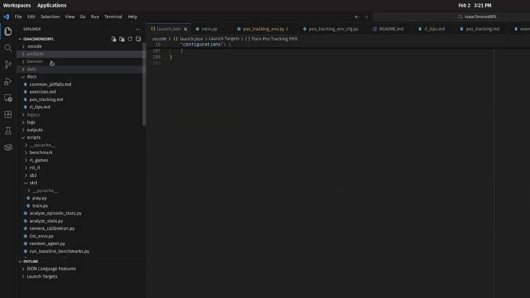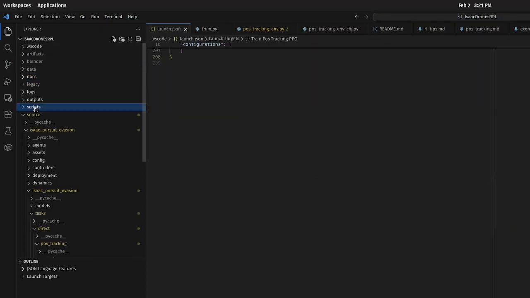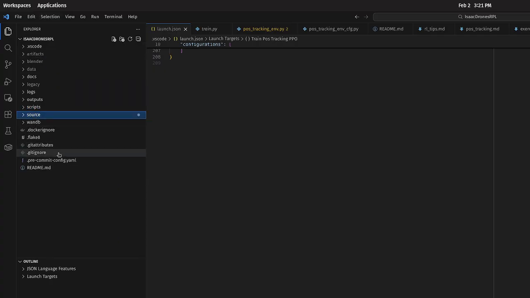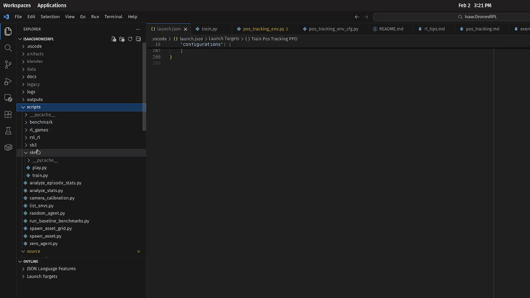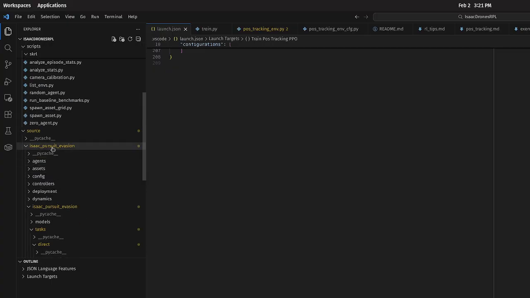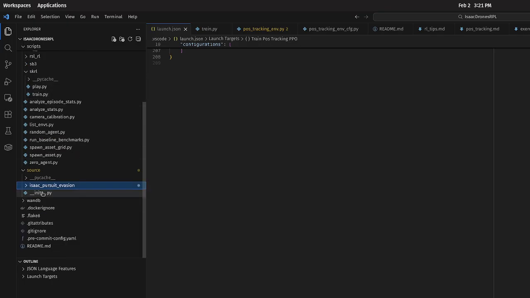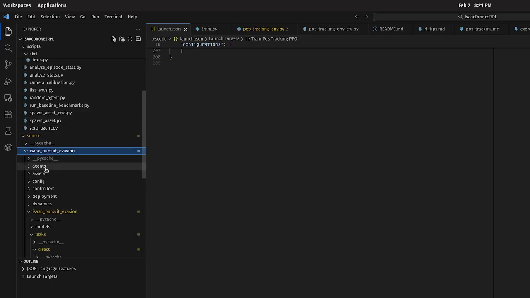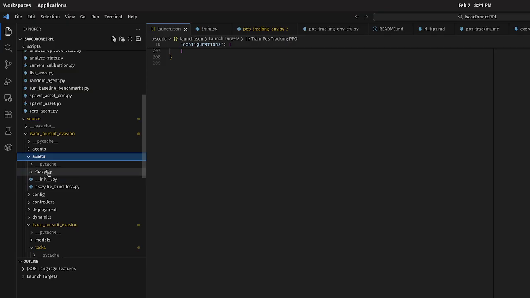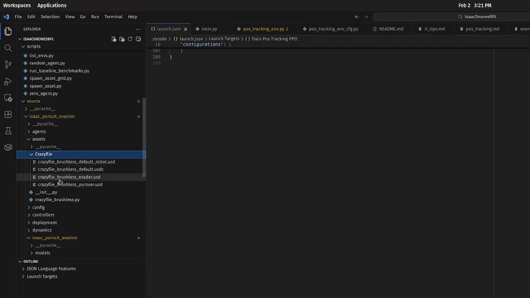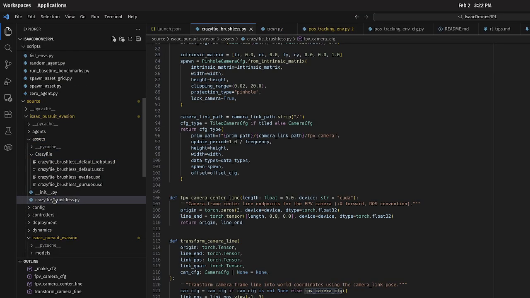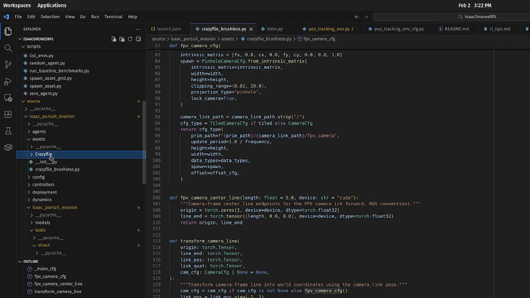So for example, once you install it, the repository looks like this. In the scripts, SKRL train is the main script to run for trainings. And then in source, there is Isaac Pursuit Evasion. In assets, there is a Crazyflie file, so you should see these files, and also this class function, which